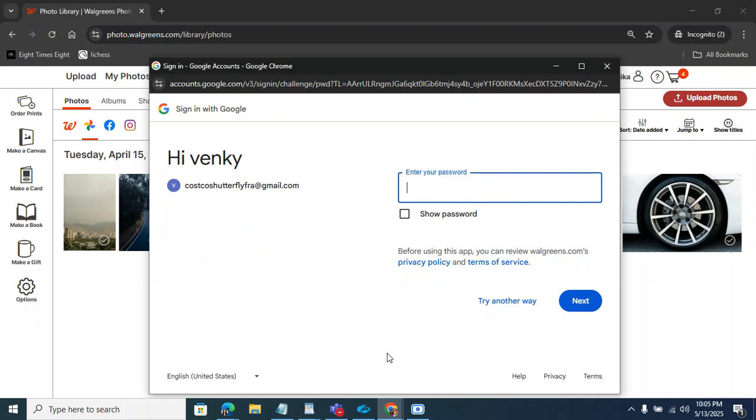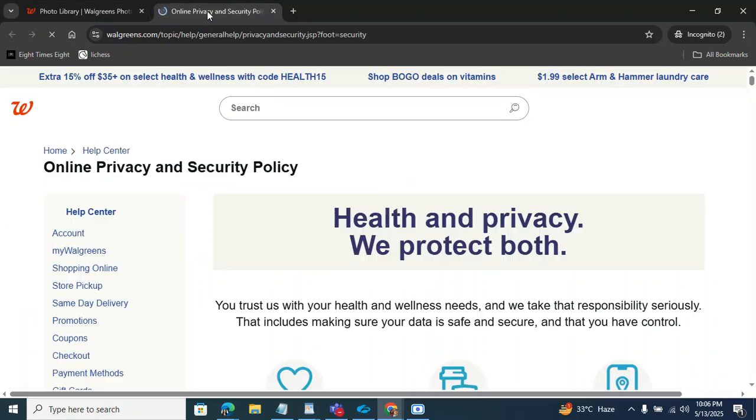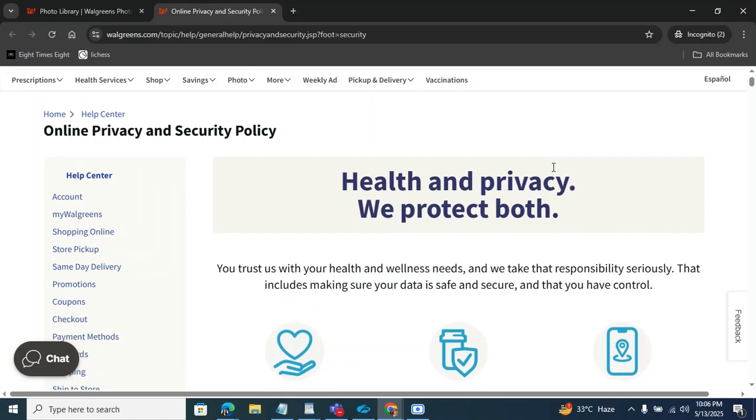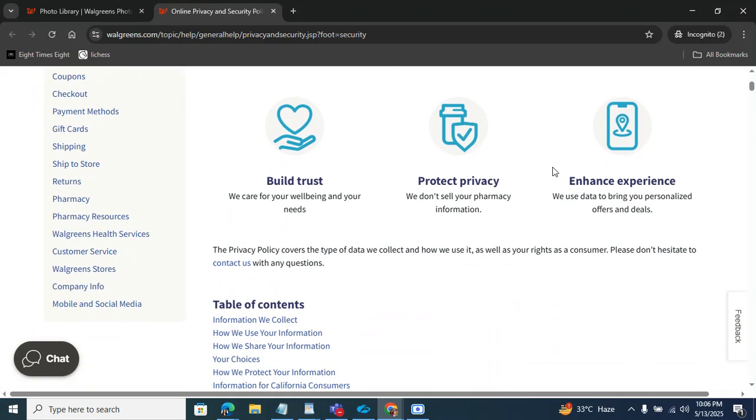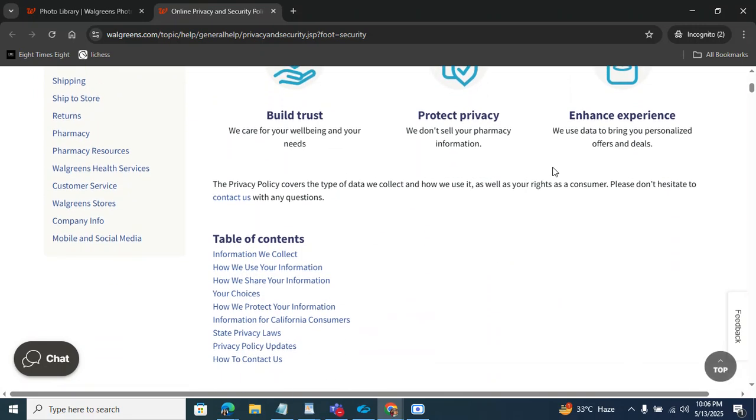Prior to doing that, let me show you the privacy policy and terms of service, which are two important things for the end user's understanding, which we have added at this stage. Let me open this privacy page. This is the overall privacy page from Walgreens, where they have mentioned clearly the different ways user information is collected,